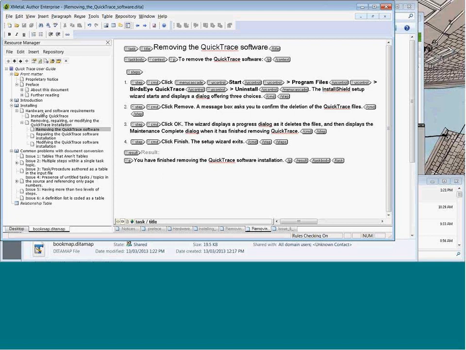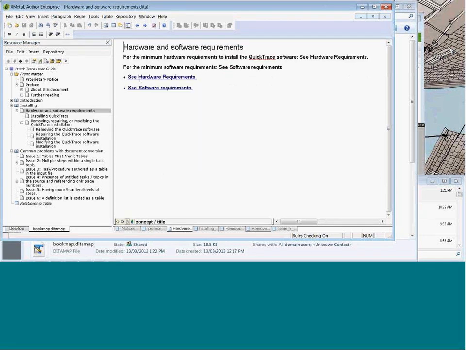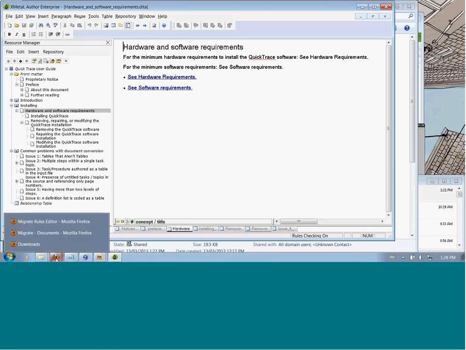But one of the things that we did here is we had put these links into a related links section. We do that because it's the best practice to take these links out of the body of the text and to put them at the end of the topic. But for people, a relationship table in the book map is the better way to go. So we get this output and we decide, this is good, but I really would rather see those things in a rel table. I don't have to package this all up and send it back